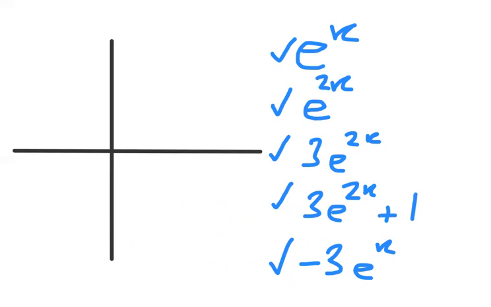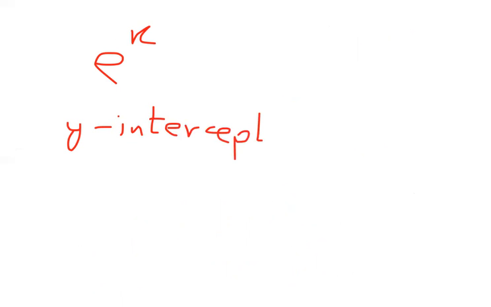So in exponential functions, the basic function is e to the power x. In e to the power x, if we need to take out the y-intercept, at the y-intercept, x is 0. So e to the power 0 is equal to 1. So the y-intercept is 1. Now for the asymptote,